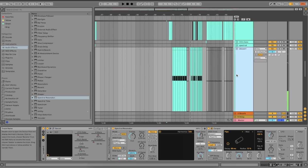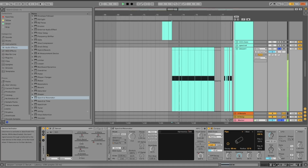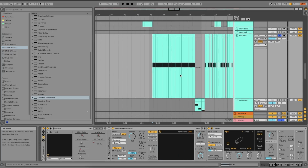And if we take a look, this sound is going to be pretty familiar to you if I turn off the spectral resonator. It's the same exact sound as the first drop. It's just the sync is in a different spot, and we have that spectral resonator to really highlight those mid-lows, as well as some Corpus. Help bring up and widen it a bit,